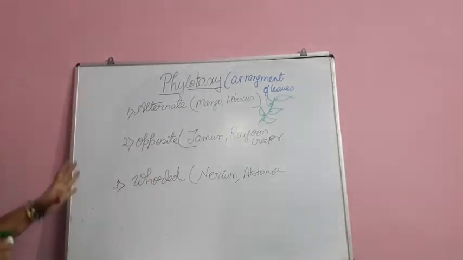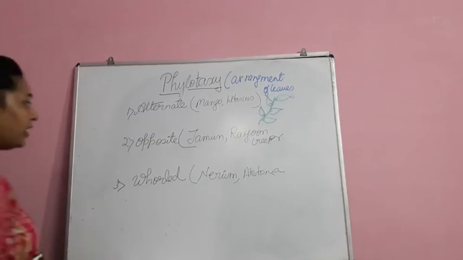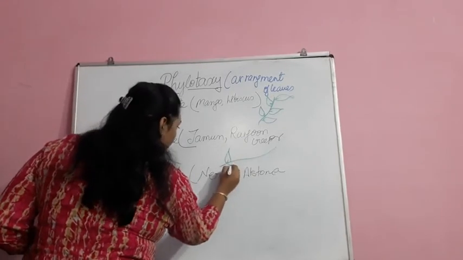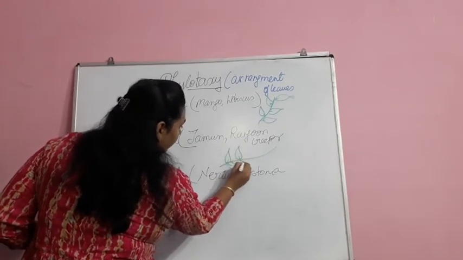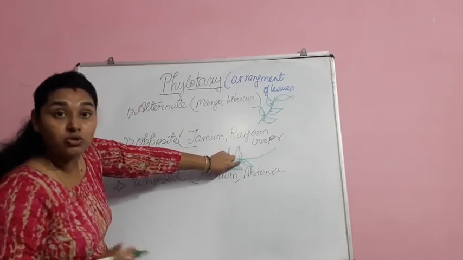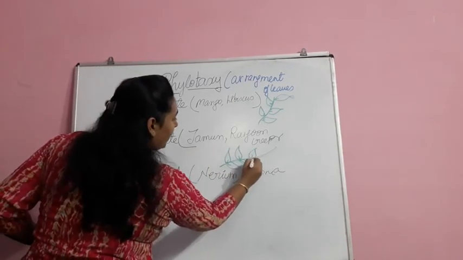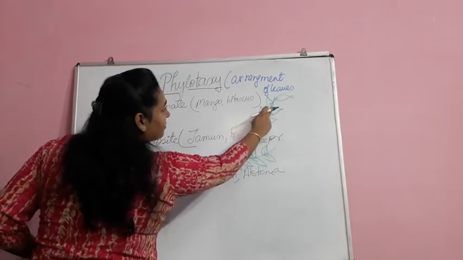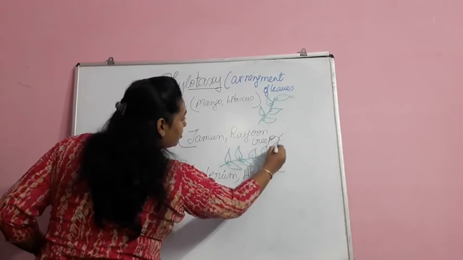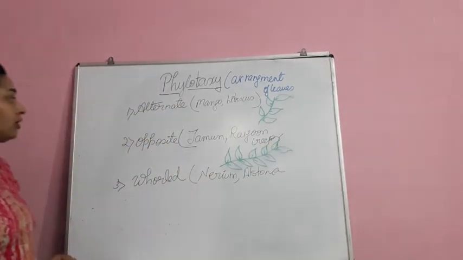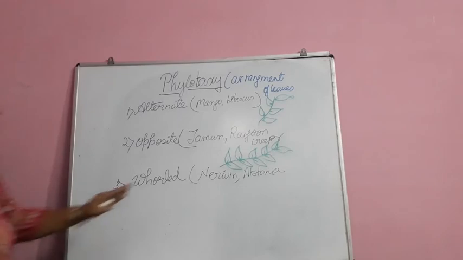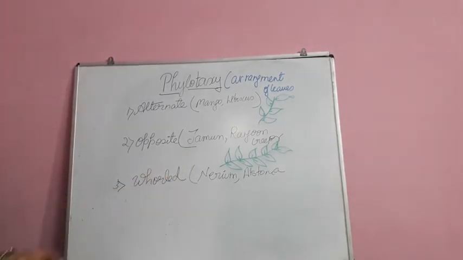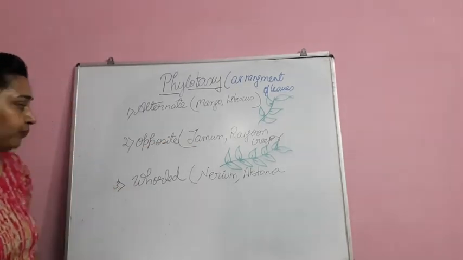The next one is opposite. In opposite, you will see the leaves are very much opposite to each other. So if one is at this location, the other one is also going to be at the same location. They are not going to be like alternate, leaving this place and here, and then leaving this place and here. They just follow the opposite pattern, right next to the one leaf. This kind you will see in jamun, and you can see it in the rambutan creeper too.